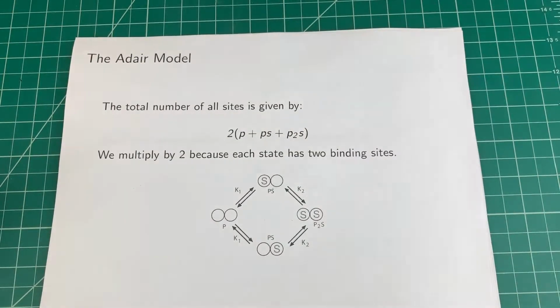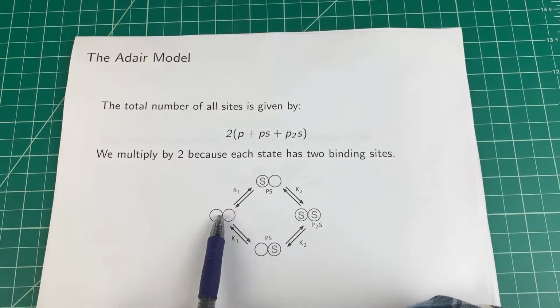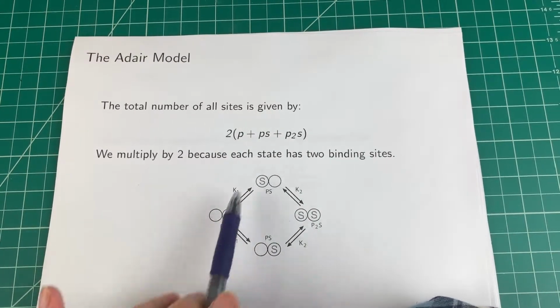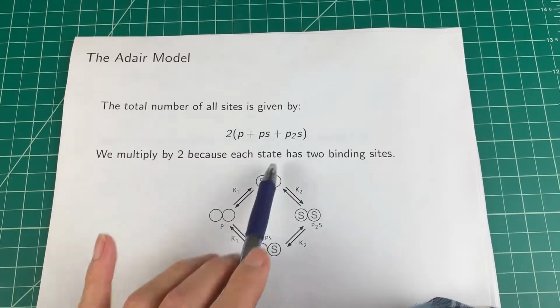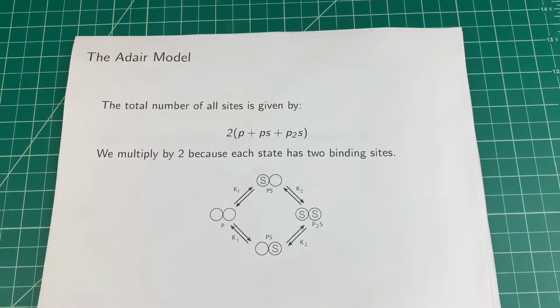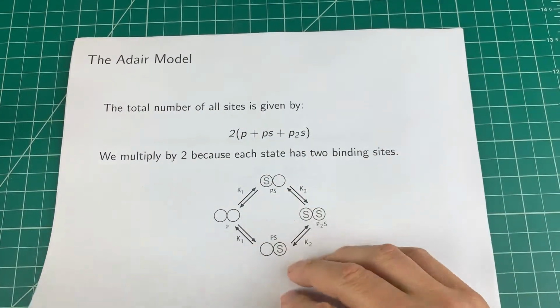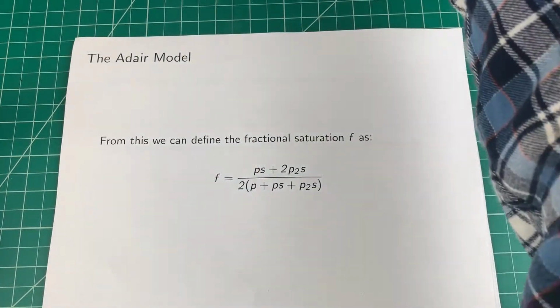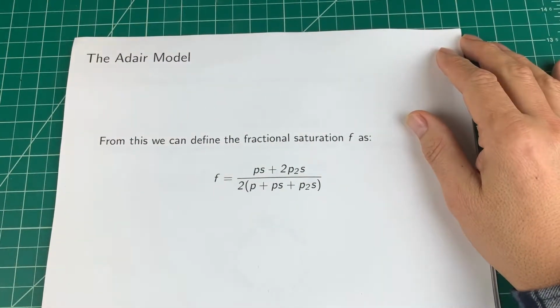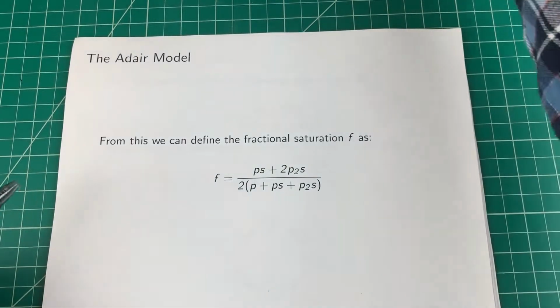The total number of all sites is easier to write down. So we have to sum up the concentrations of each of these states, P, PS, again the total, and P2S. Now, because each state has 2 binding sites, we have to multiply the whole thing by 2. So with those 2 expressions, we can now form the fractional saturation. This is the expression that'll be used